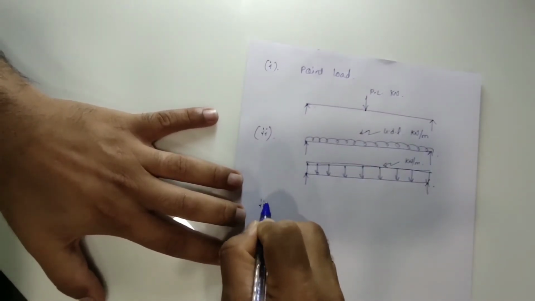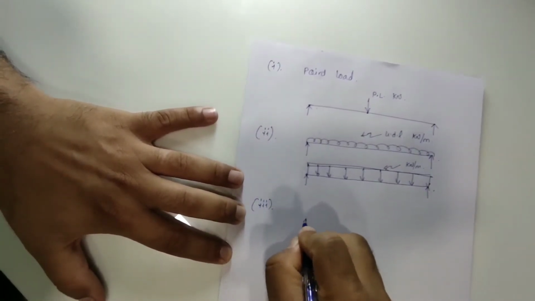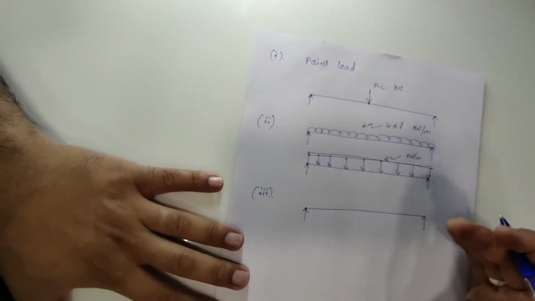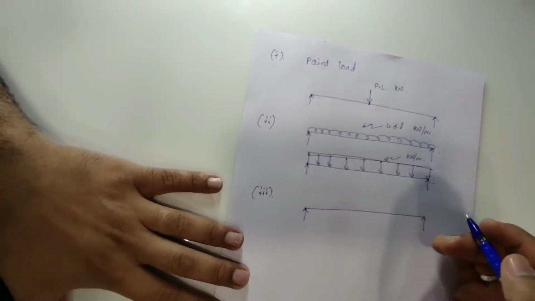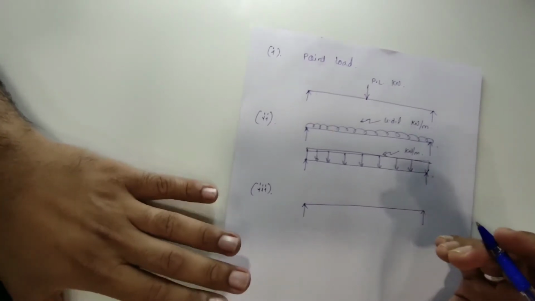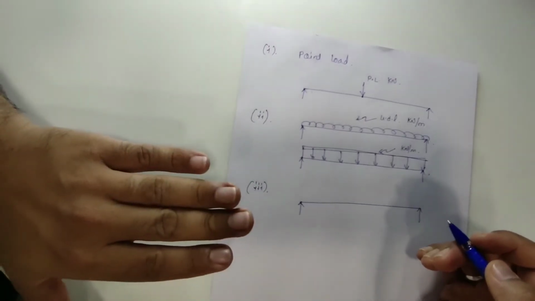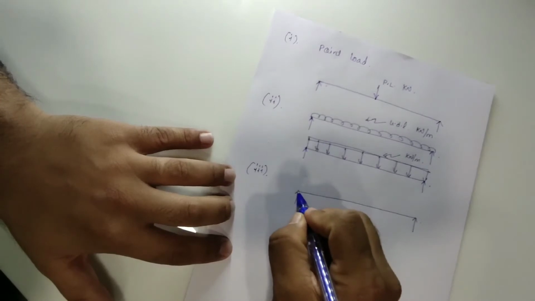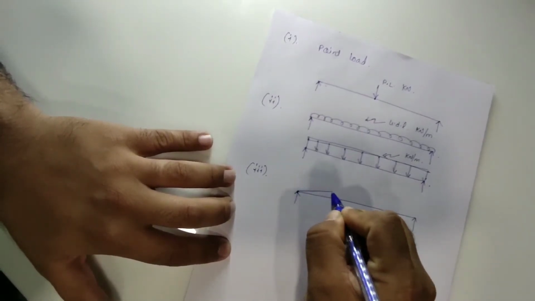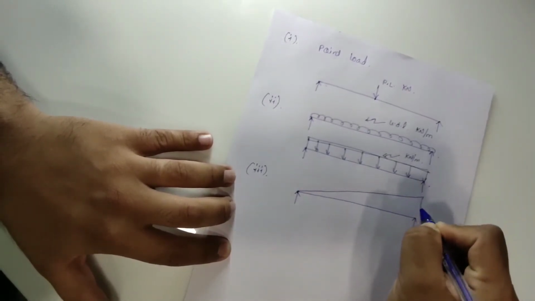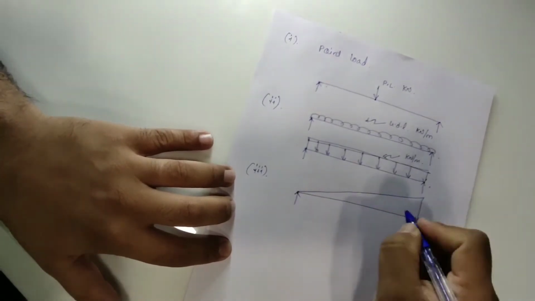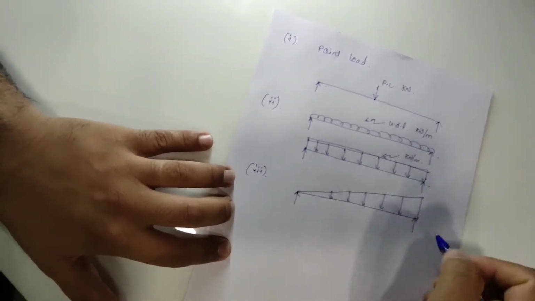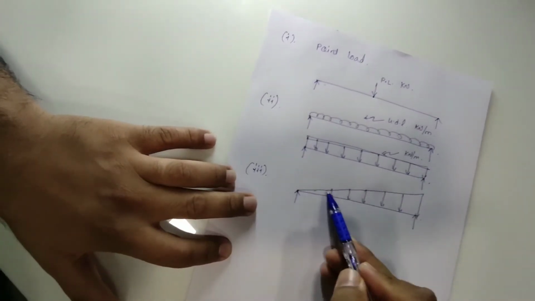And the last one, the third one, is UVL. The word itself says that the load would be uniform, but it is going to vary. That's why it is known as uniformly varying load. Either it will be in ascending order, or in descending order, increasing or decreasing. Suppose over here the intensity is 0, then it is going to vary in a uniform way from 0 to some unit. So the shape of this load would be triangular, but in a uniform way.